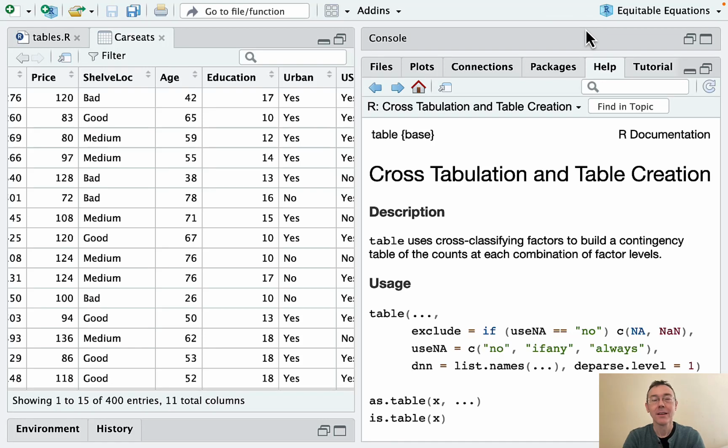Hey everybody. Today we're working on contingency tables in R. A contingency table is a way of summarizing the relationship between a couple of categorical variables in a dataset. In this video, I'm going to be looking at the Carseats dataset that's included in the ISLR2 package, which is a package of datasets supporting the excellent book Introduction to Statistical Learning with Applications in R, which I highly